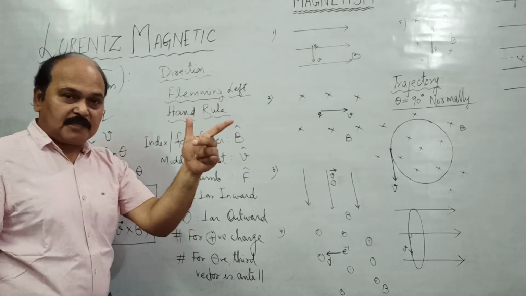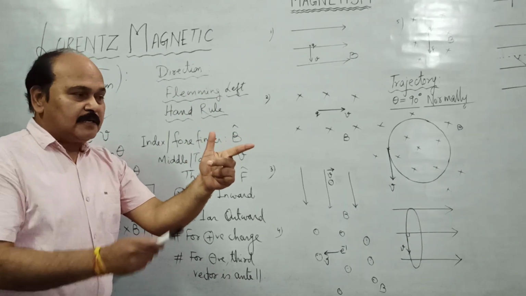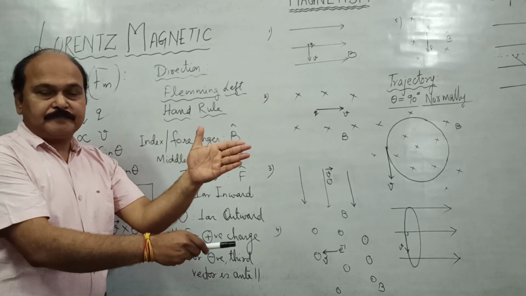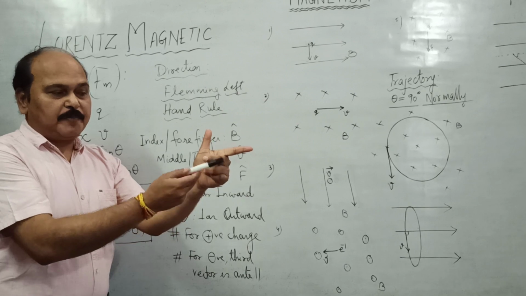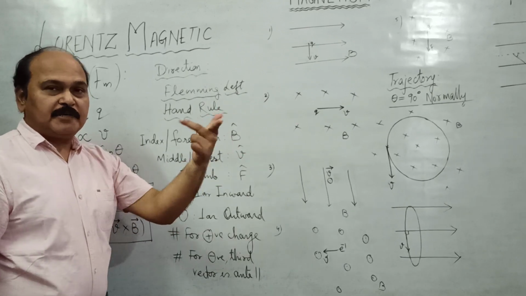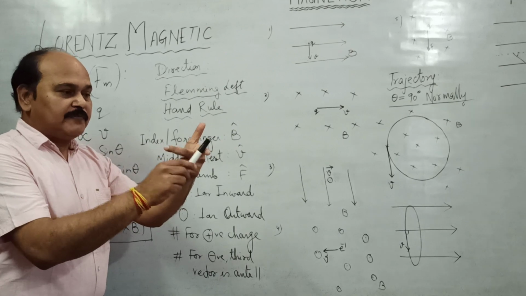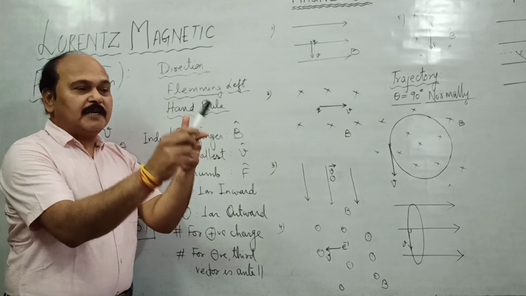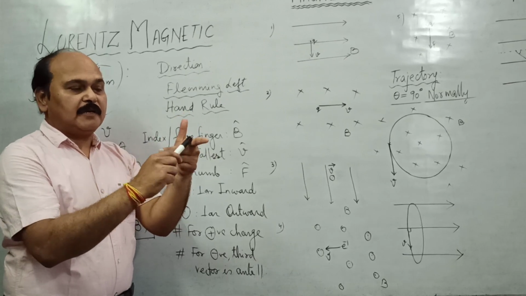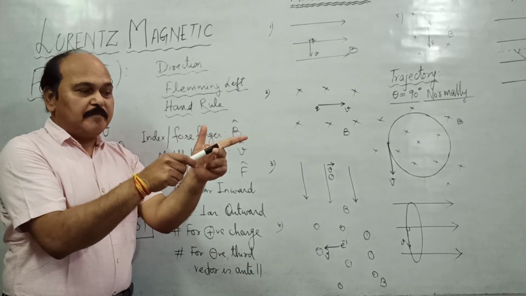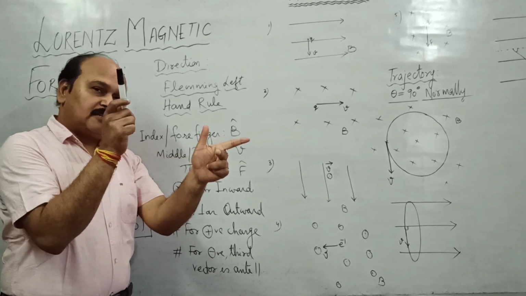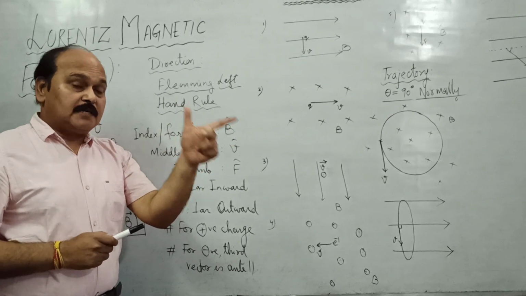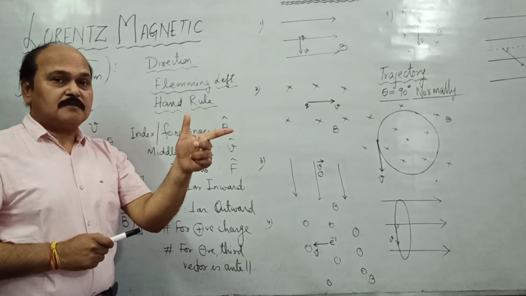So what is special about this arrangement is the fact that index finger and thumb, they are in the plane of palm. And this tallest finger is perpendicular to the plane of palm. This arrangement is fixed. So in these three fingers, if we take this index finger along magnetic field, B, and this middle finger or tallest finger along the direction of velocity, then in whichever direction this thumb points out, that's the direction of force acting over charge.